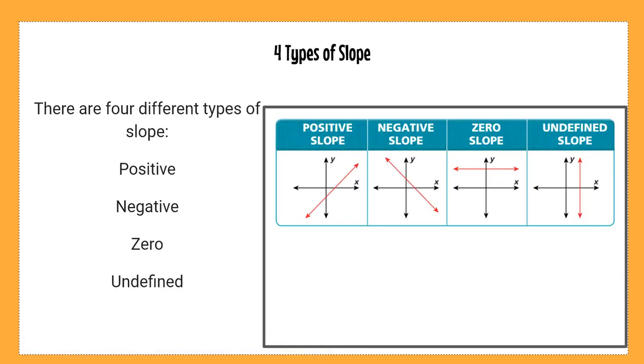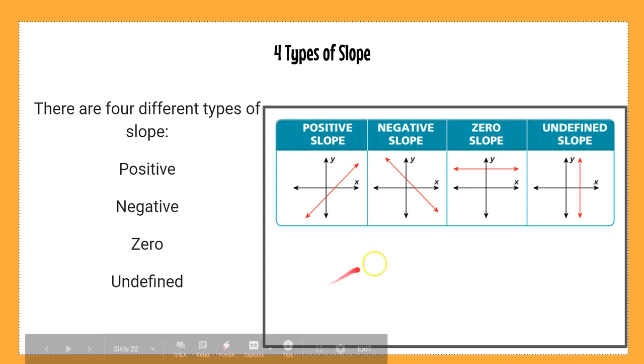All right, let's talk about slope and switch gears just a little bit and talk about 4 types of slope. This is going to be important to remember as we start finding slope on graphs. So there are 4 types of slope: positive, negative, 0, and undefined. I want you to look at those and think about what you envision when you see those 4 types of slope. I kind of like to tell a funny story about going to a ski slope. I think about ski slopes when I think about slope.